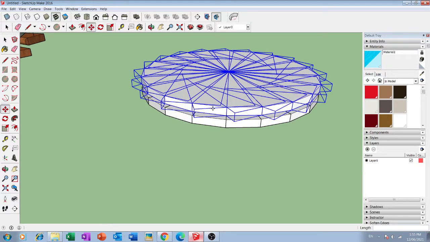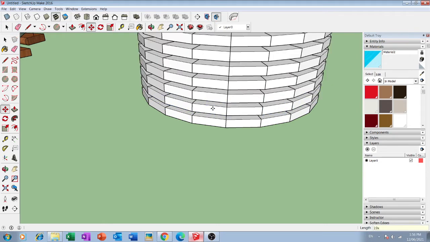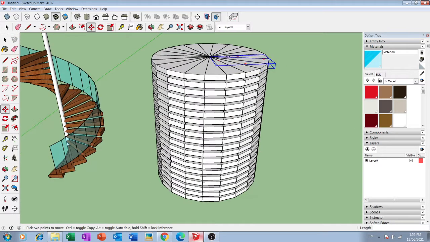Then again we will press 19x enter, so it will make 19 copies of it. So including the first copy, we have 19 copies of the same component.